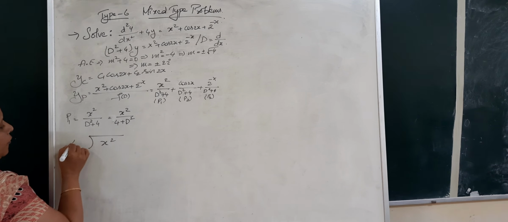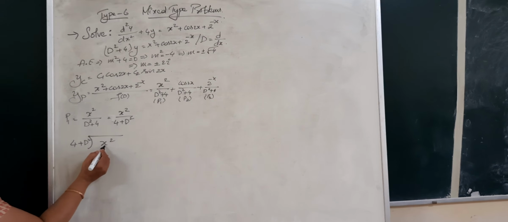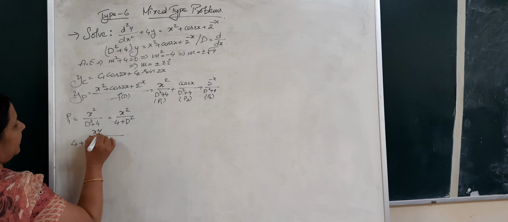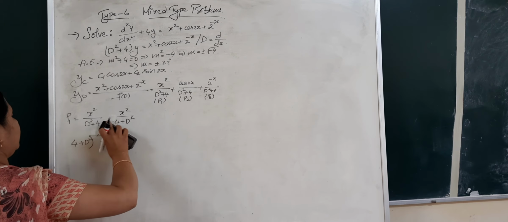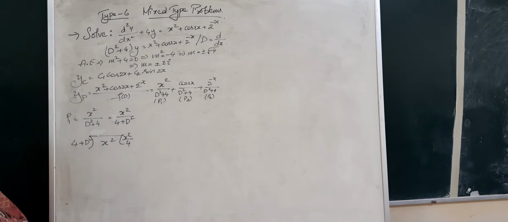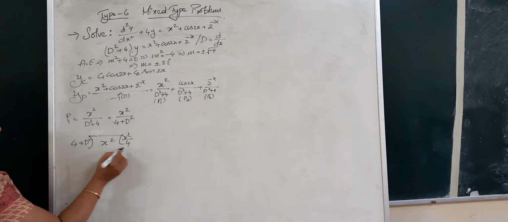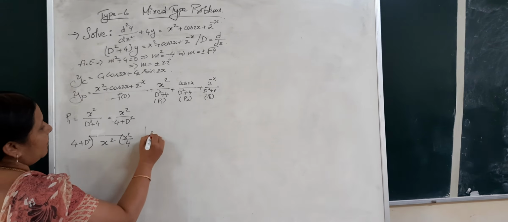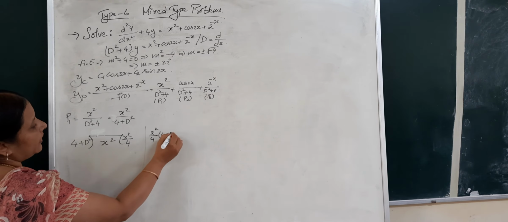x square, divided by 4 plus D square. And how do we do? The first term divided by first term. The quotient will be x square by 4. For my comfort sake, I have just written it here. So the first term divided by the first term. Anyways, multiplying x square by 4 with this. My rough column is this. x square by 4 times of (4 plus D square).